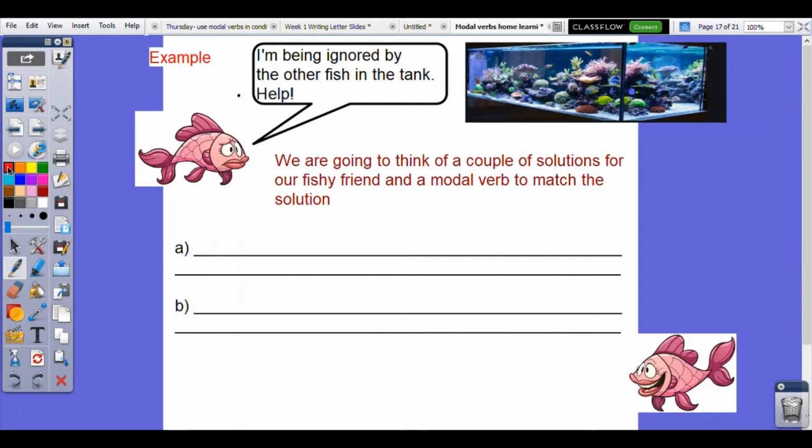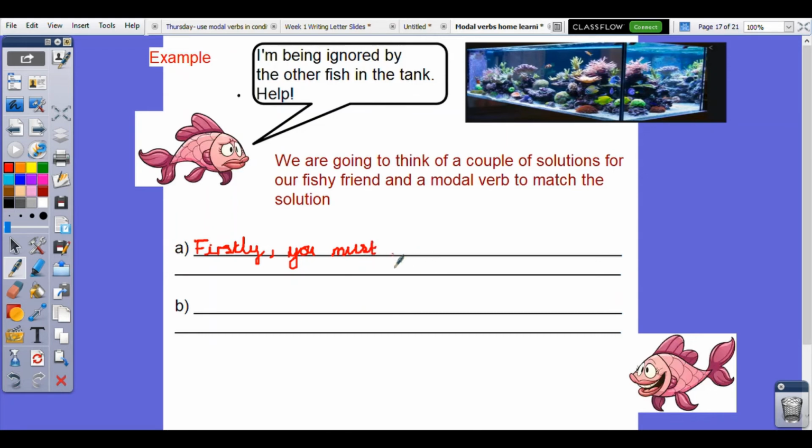this poor fish. Well, I think a really important thing to try is if the fish has actually tried speaking to the other fish yet to make friends with them. So this is my first suggestion, so I might use the fronted adverbial firstly, remembering my comma. Firstly, because this I think is quite important,